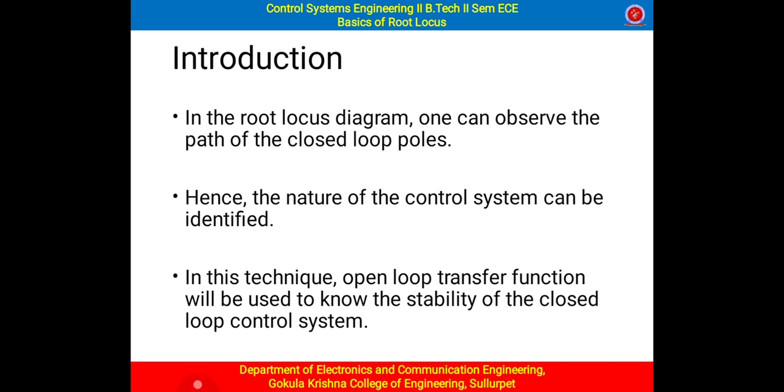So basically a root locus is a diagram. It is a plot of something. We will see what that something is in this particular video, and we are confining the discussion to the basics of root locus. We are not going to see the construction methodology, or take any example. A root locus is a plot of poles. This is a path of poles.